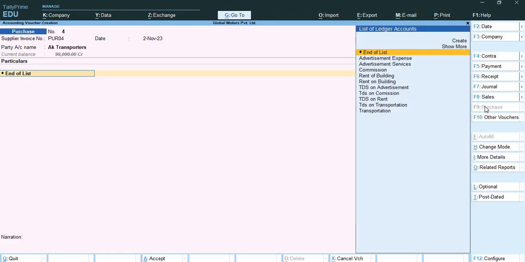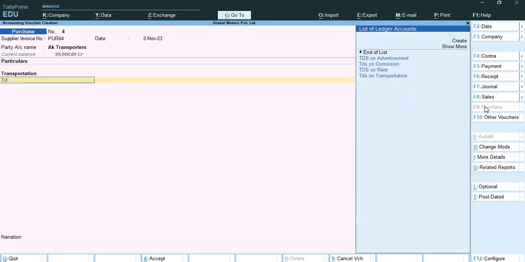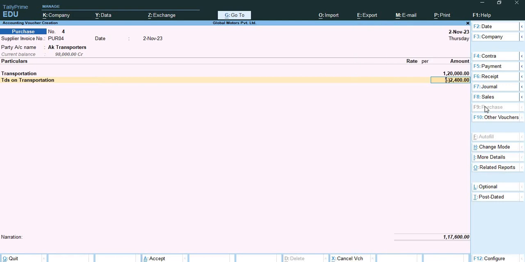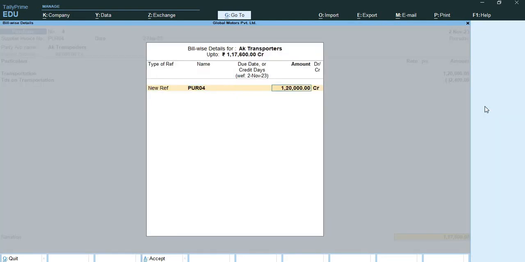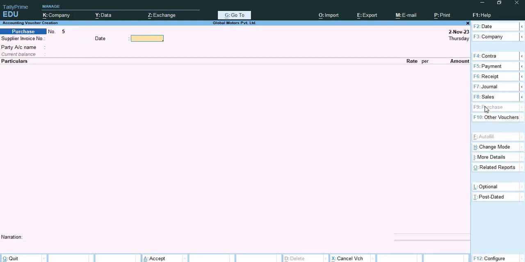Here I'll add transportation with amount of rupees 1,20,000. Here I'll add TDS on transportation. It will come out to be 2,400. Okay, so we have booked the expense and also deducted the TDS. Now I will open. Now in the second part of the question, they are saying that on